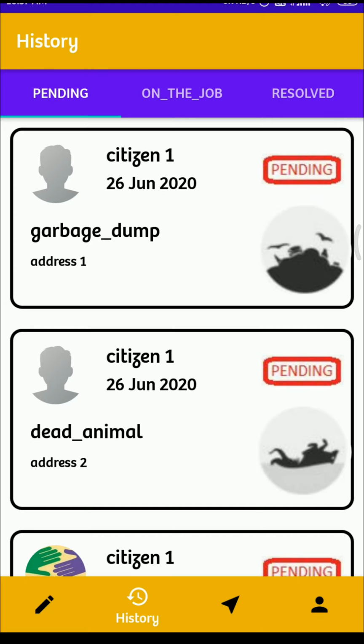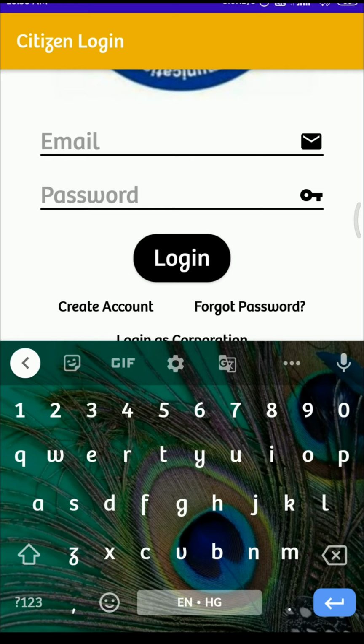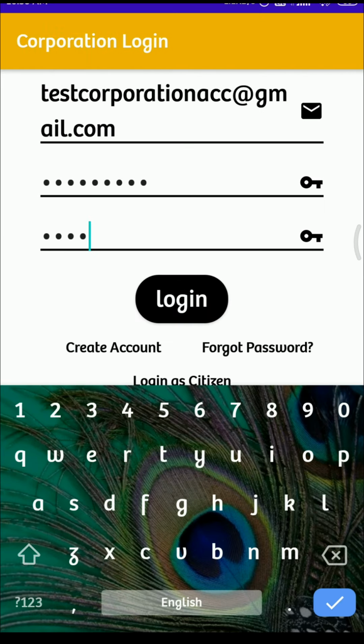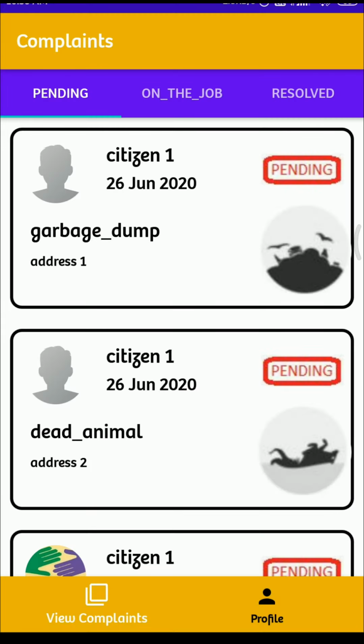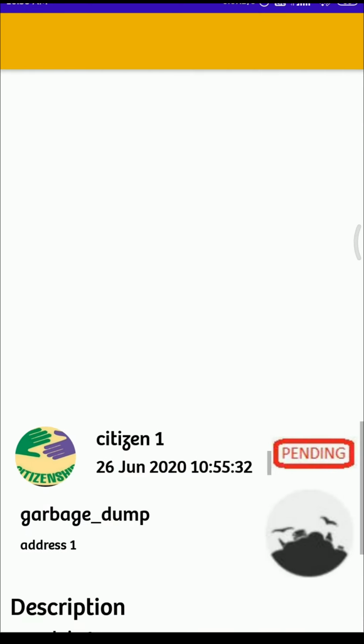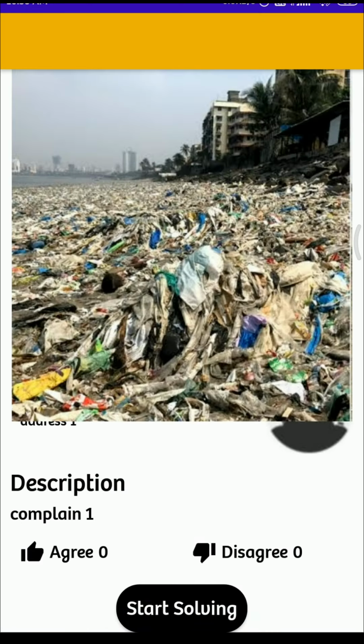So I am logging in as a corporation and trying to resolve them. So now here we have 3 pending complaints. So start to resolve them one by one. Here we get a description and the image of that complaint. You can agree or disagree with that complaint.